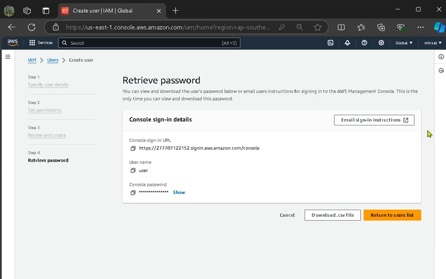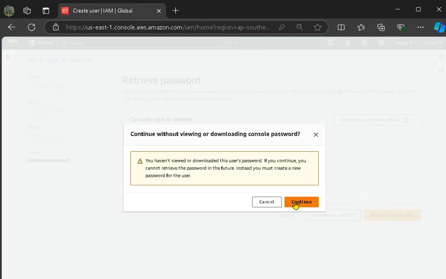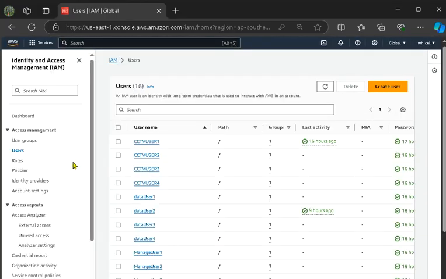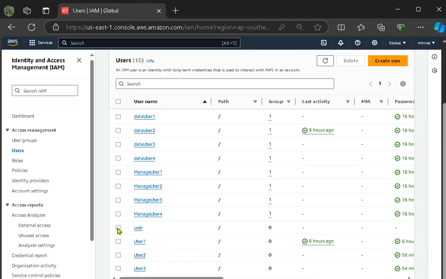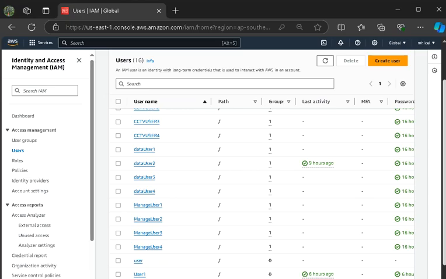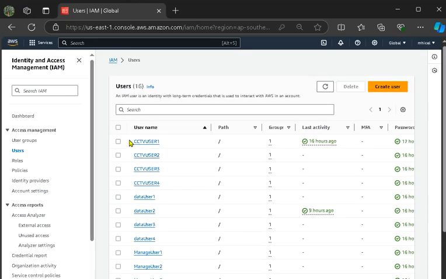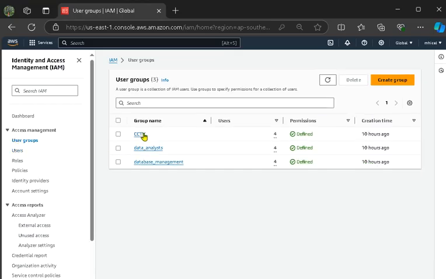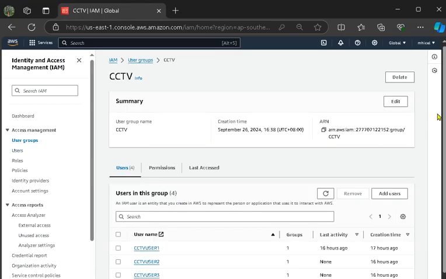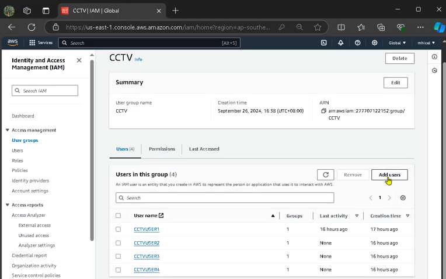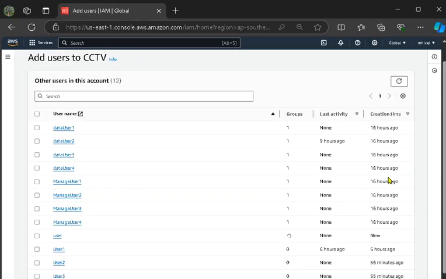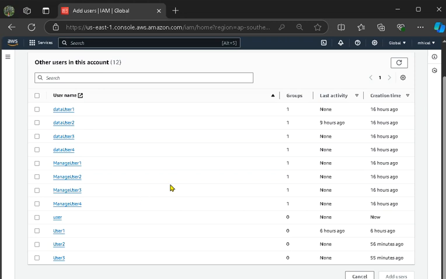In my case, I already created users for the different user groups, where I click there and just add user here.